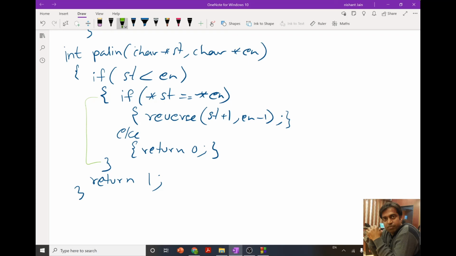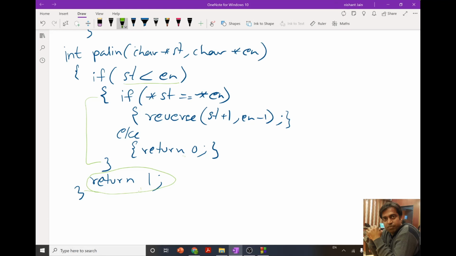Now if after checking all the pairs our function is able to come to this point, because if two characters are not equal, then our function is going to return from there. Means our compiler will not be able to come to this particular position.